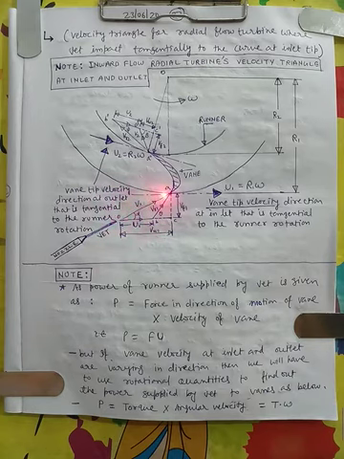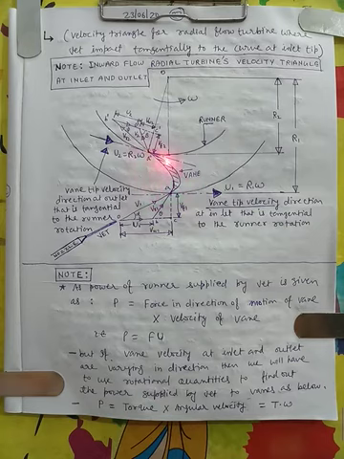This is the velocity VA, this is the velocity VB, as we have seen in the relative velocity topic, and this is the relative velocity of A with respect to B. This is the absolute velocity of the jet, this is the absolute velocity of the vane, and this is the relative velocity of the jet with respect to the vane,